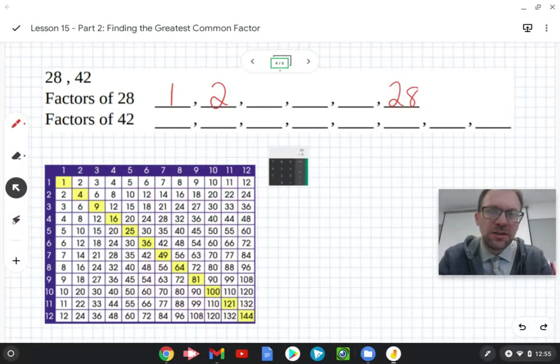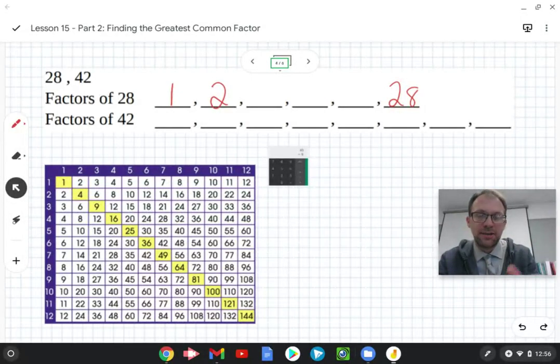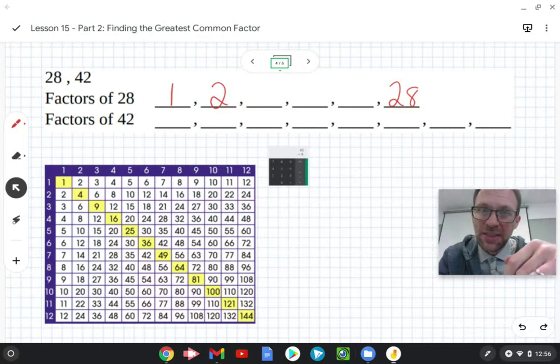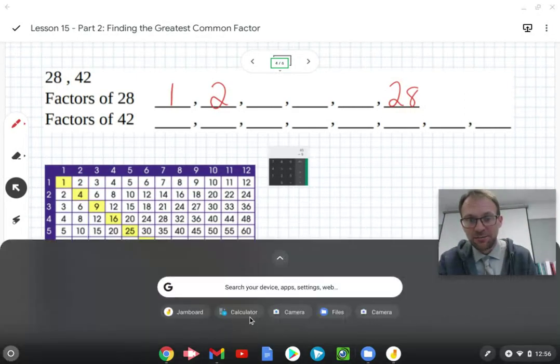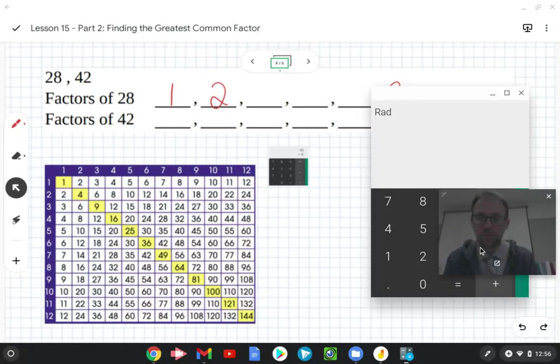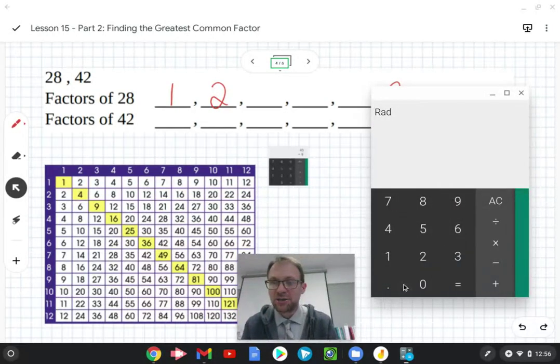Okay, so here's where the calculator comes in. If you are wondering about 2 times the number is part of a factor, or if 3 is a factor, you can actually use a calculator to divide. So 2 times something is 28, but I don't know what it is. So instead of thinking of it that way, I'm going to think of it as division. And I'm going to take my calculator, which is right here. And I'm going to divide 28